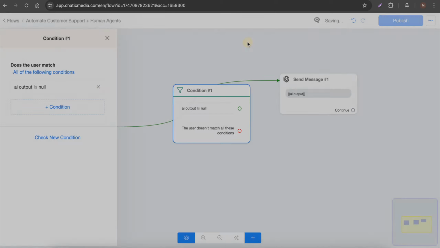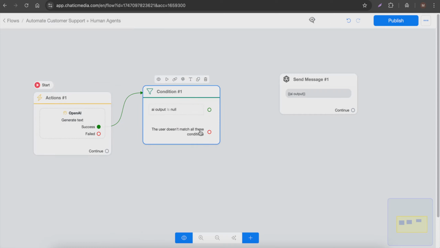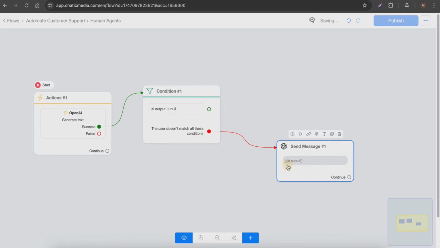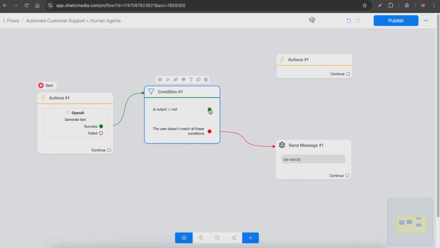So if it contains null, that means we don't want to send that response to the user. Instead, we want to send it to the agents. So here, if it is not null, we can simply send it to the user. If it is null, then we need to actually add an action over here and transfer that conversation silently to